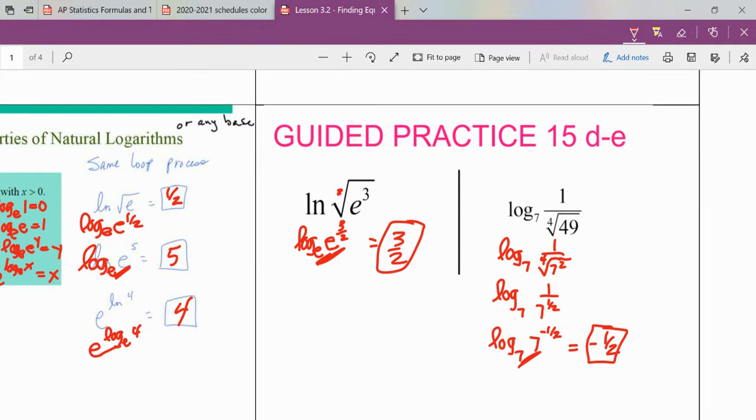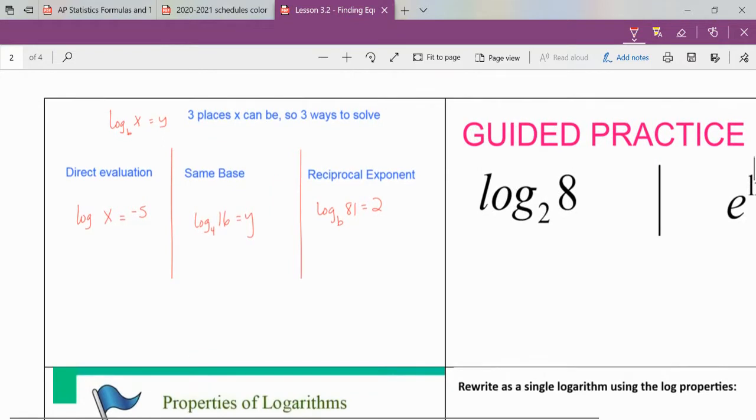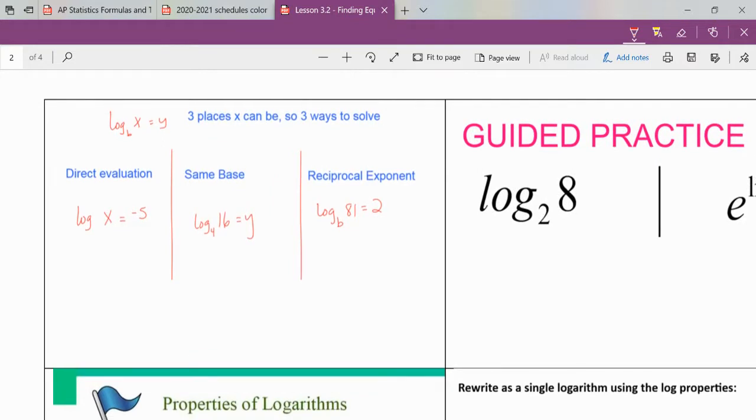All right, let's keep moving through and continue talking about our logs. So there's kind of three places x can be, so there's three ways to solve. We could have an x that we're taking the log of, or I could be trying to find the log of a base and some number, or I could actually be trying to find the base. So there's three places where we'd have some unknowns that we'd be willing to look for. So again, just rely on those properties, rely on what you know when dealing with the log